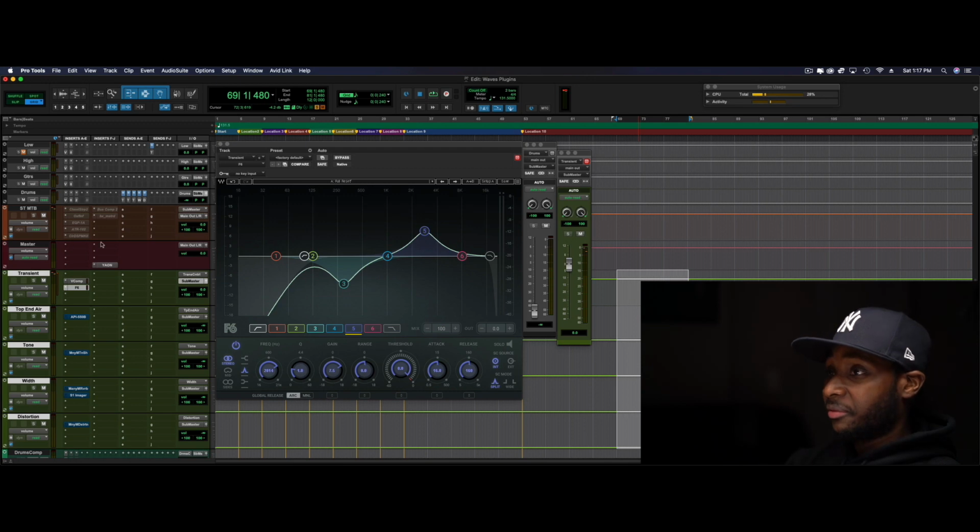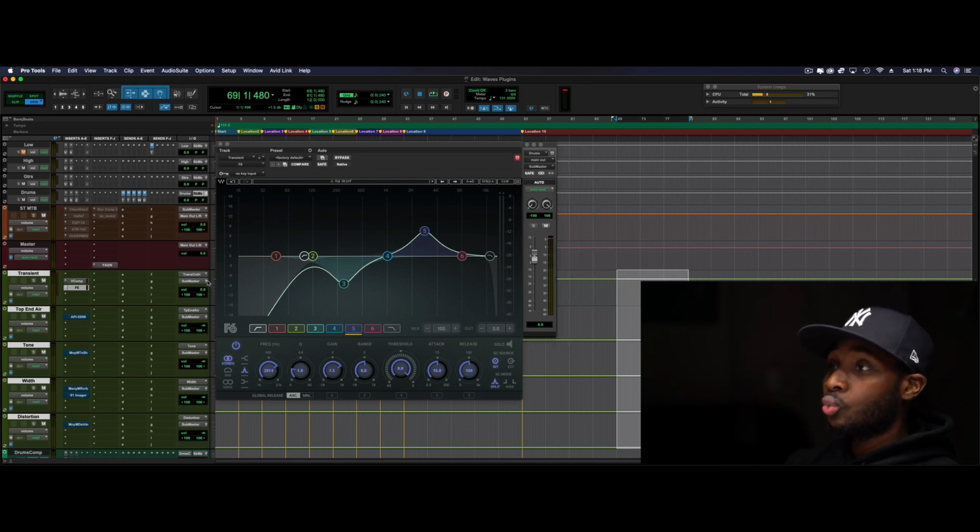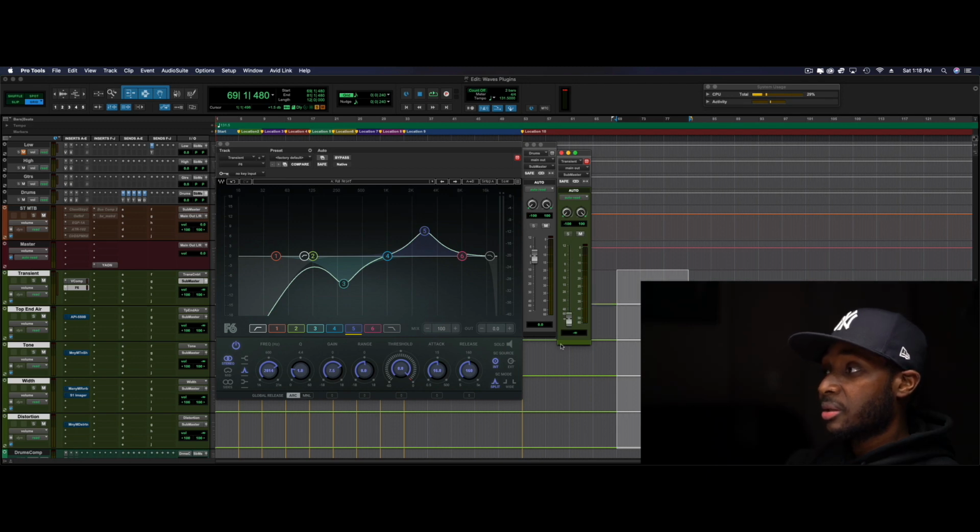So now we have this type of effect. We went from here to there. And what we're gonna do is blend this with the drums over here. If I mute this, if I unmute this, now I have the ability to add this effect to taste. All right, so we went from over here